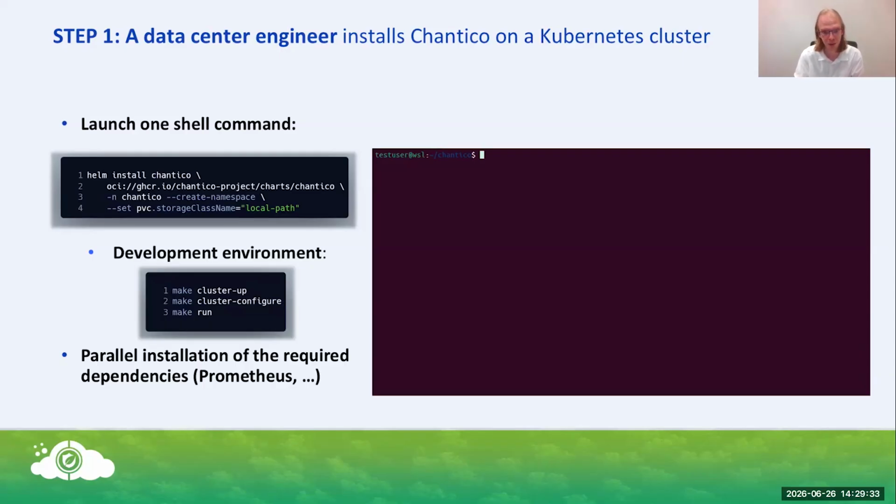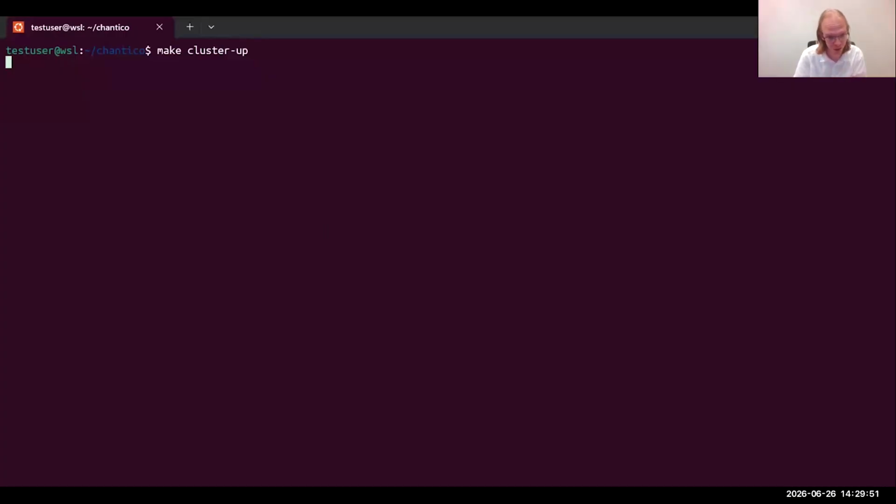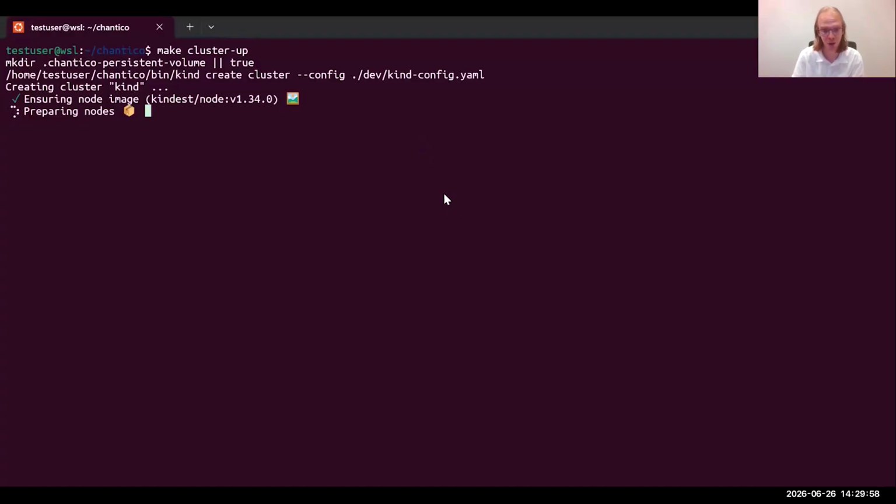Unfortunately, it doesn't seem like I can actually play the video from this, so I will instead share my screen to show that. So you should be able to see now that I will be writing some commands here. To make it possible to run this locally, we also have a few simple commands to start a kind cluster, which sets up all the configuration for you, and then you're basically ready to go already.